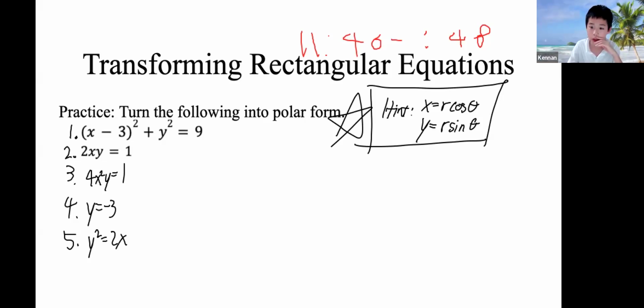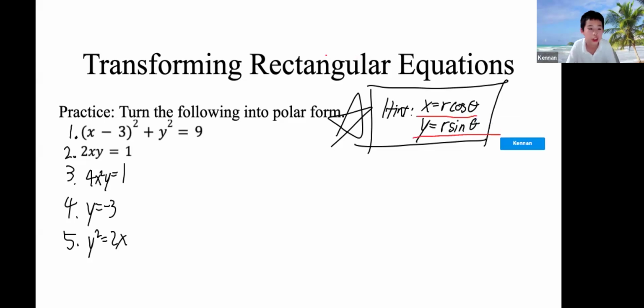I haven't gotten any answers, so I'll just explain this prompt then. So basically, let's look at the first one. The first one is x minus 3 squared plus y squared equals 9. So let's turn this into polar form. As Alex said, x equals r cosine theta, y equals r sine theta. So we just plug it in